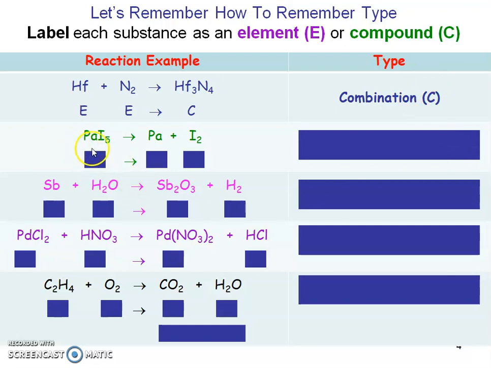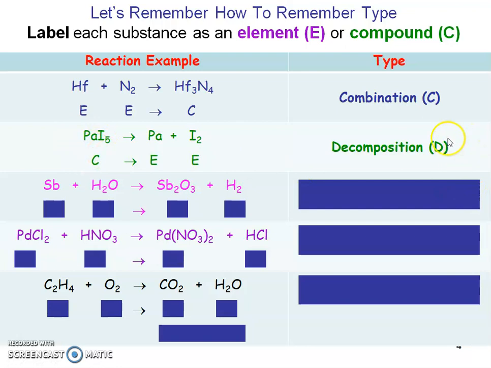All right, here we go. The second one, two capital letters, so that's going to be a compound. I see one capital letter, element. Again, one of those diatomics, but it's still only one capital letter, so that's going to be an element. Again, elements and compounds might not help me here, but I do see one compound, one thing to the left of the arrow, one reactant, so that's going to be a decomposition reaction,